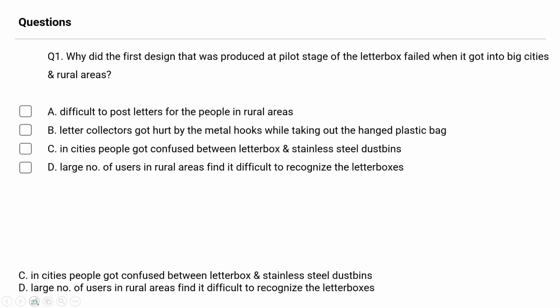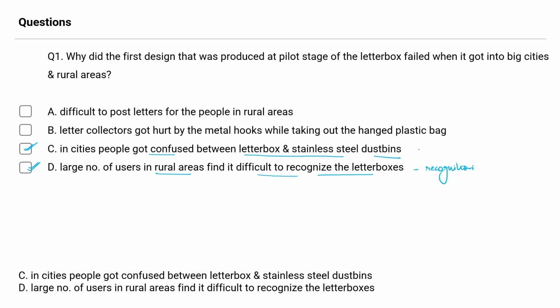So what ma'am has told is correct. Correct answer is C and D. Very correct, ma'am. Your choices are completely correct. In cities, the people got confused between letterbox and SS dustbins. And in rural areas, the difficulty was to recognize the litter boxes. So recognition was an issue,